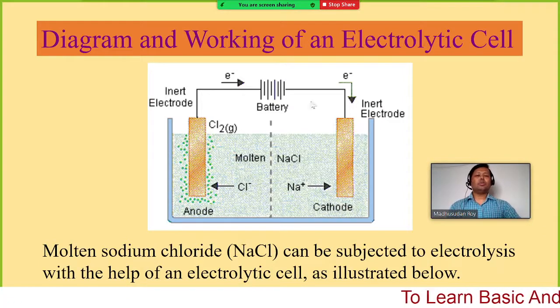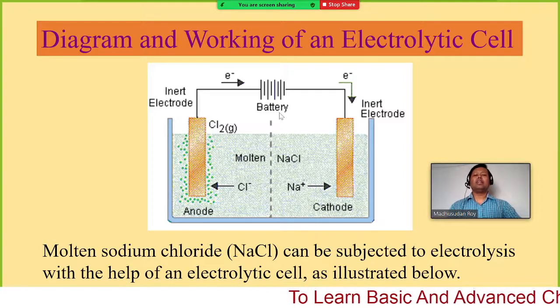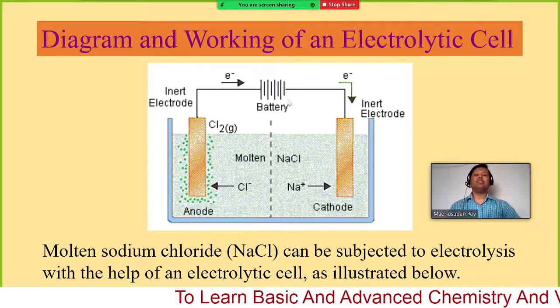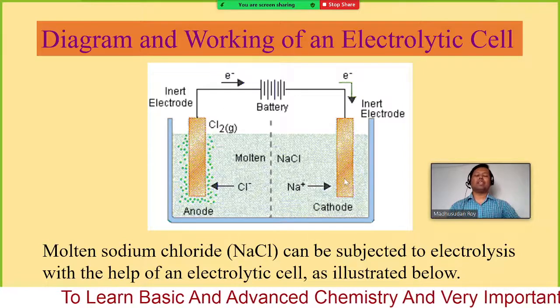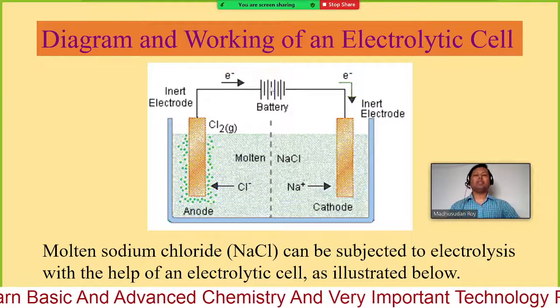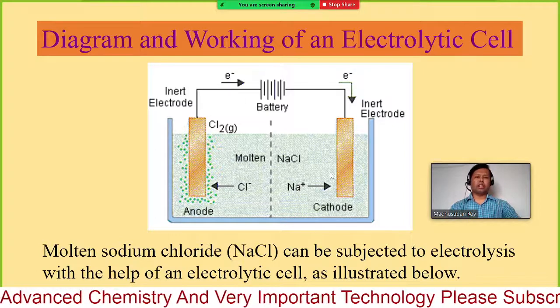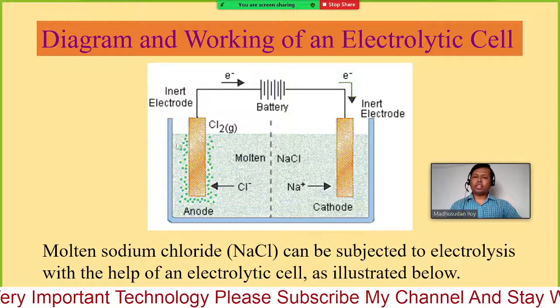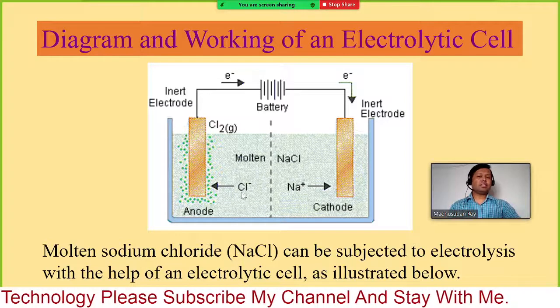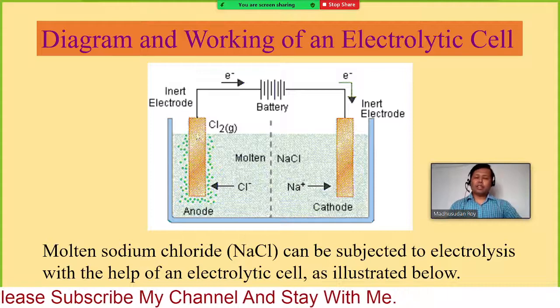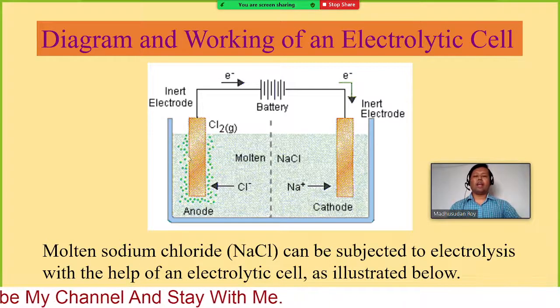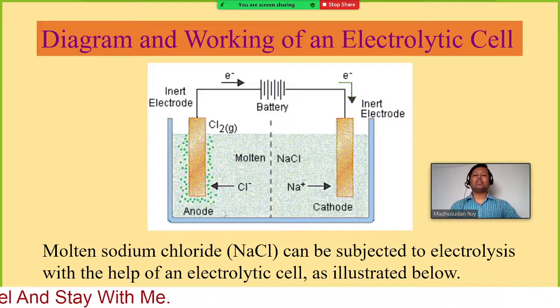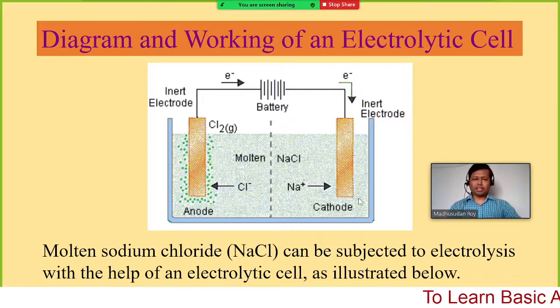cell, and we can easily determine how much voltage flows through it by connecting a voltmeter. That means how much voltage difference is generated between these two. So a half cell is an electrode dipped into an electrolyte, which is known as one half cell. Another electrode dipped into some electrolyte is known as another half cell.